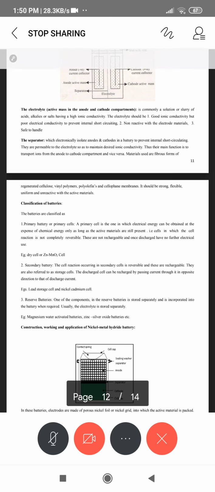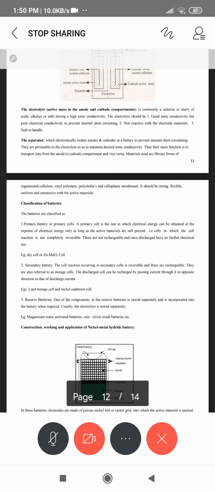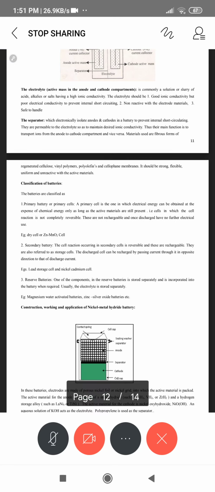In the same way, separators are permeable to ions only at the time of discharging and recharging, not in the resting position or when drying. The ions themselves should not be liberated, so the separator should not react with them. It should be stable, its capacity for preventing short circuits should be high, and it should have high ionic conductivity but be electrically insulating.